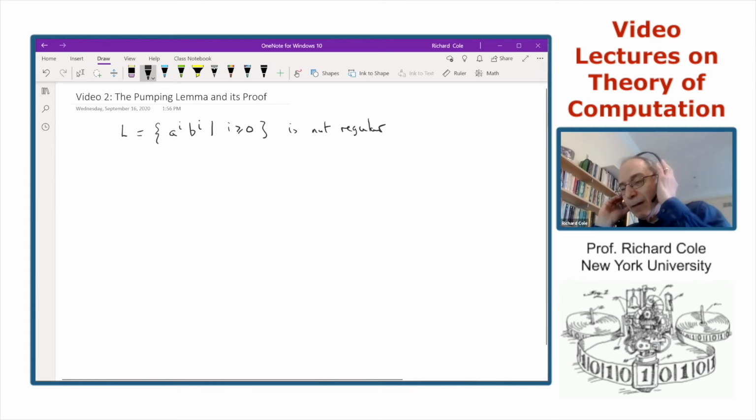But it would be a bit annoying to have to go through this style of proof and craft it language by language. So what I'm going to give you now is a result called the pumping lemma, which captures the essence of these arguments, and in particular the notion that if you've got a regular language and long strings in the language, then you're going to have a cycle in the path that the string follows when being read by the DFA. So let me now state the pumping lemma.